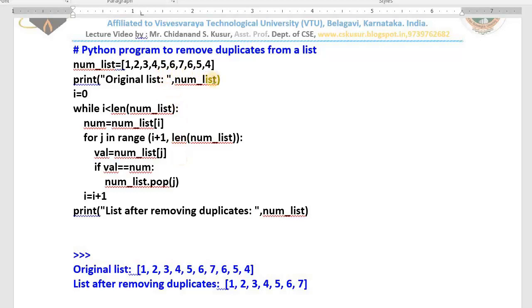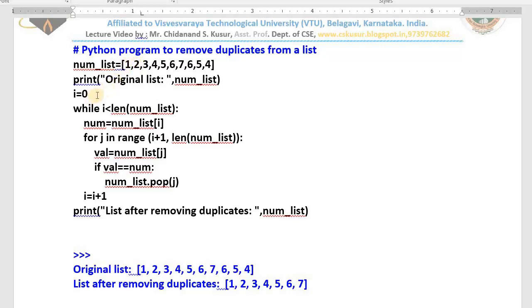Then how to do it? It's very easy. First I created the list. I am printing the contents of that list as it is, with an appropriate message: original list. Original list is as it is. Now what I do, you know? Already we know the index of the first value is 0, the index of the next value is 1. I access these values with the help of index.